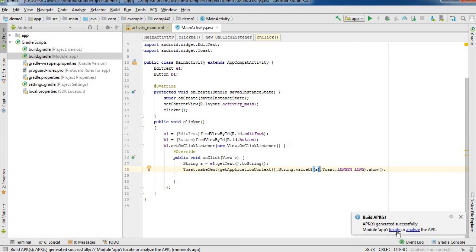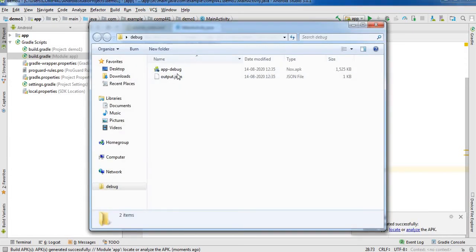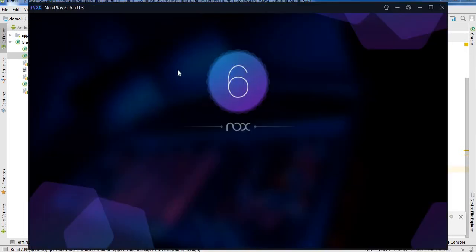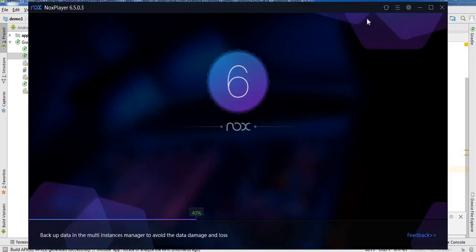I have to locate it and run it, that is double click on this app. I have to install Nox first, and then when you double click on that locate, it will automatically redirect to the Nox player, and it will install your APK in this Nox player. Nox player is nothing but one kind of an imaginary tablet.